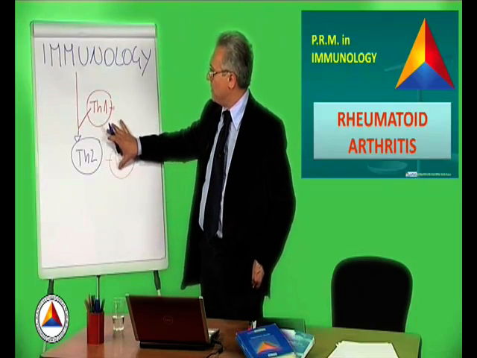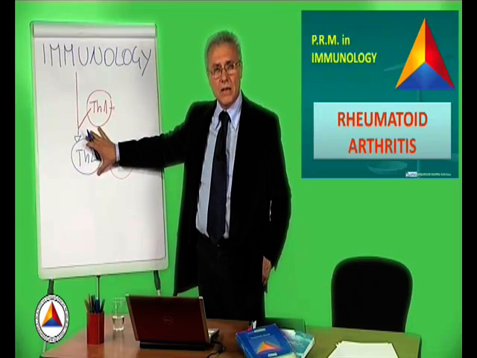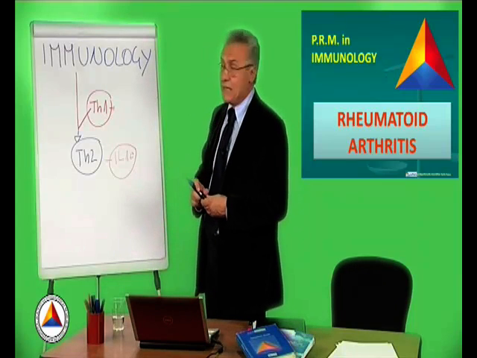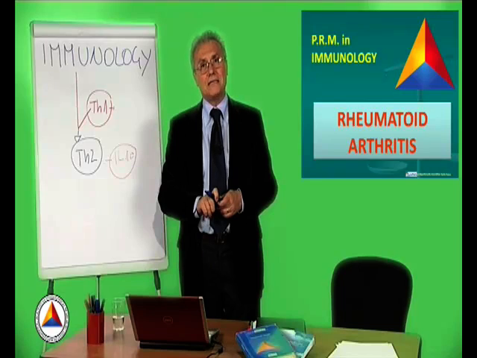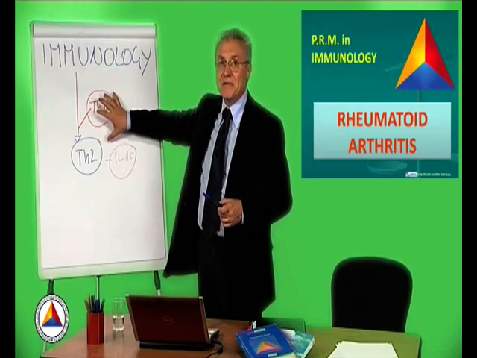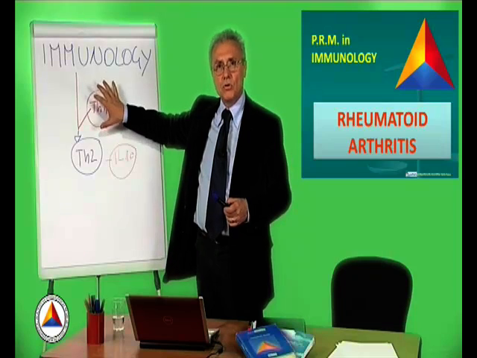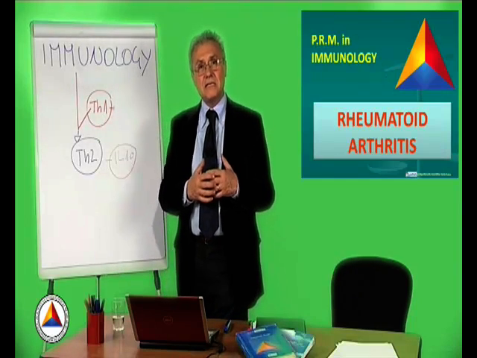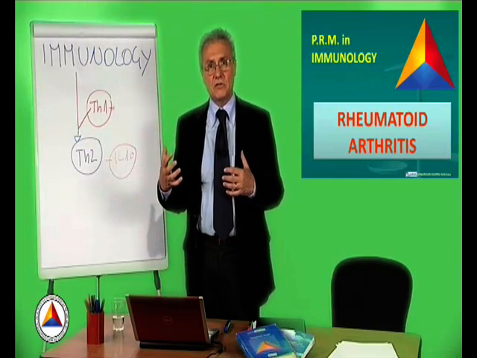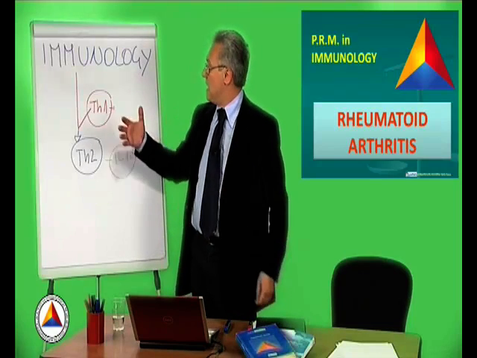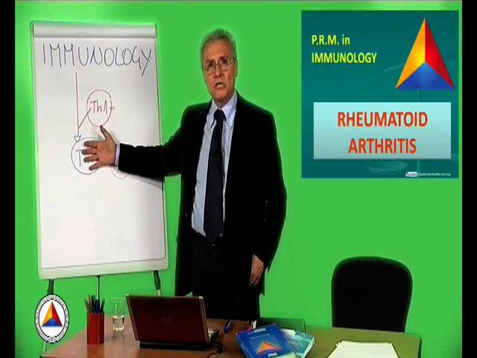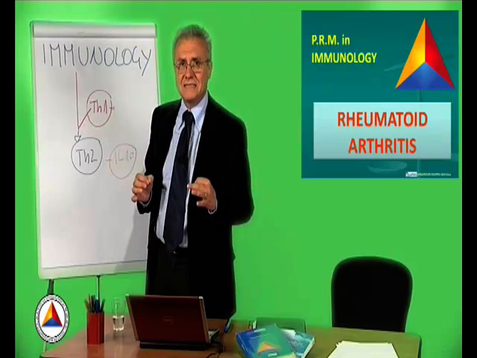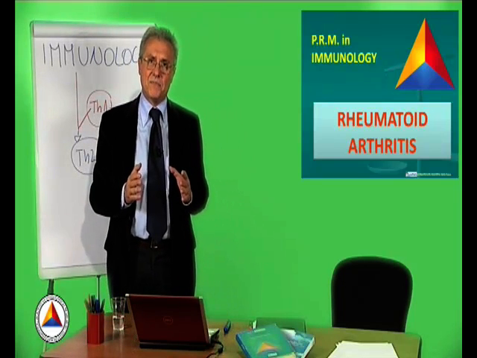We have seen before that the Th2 autoimmune disease is typically a generalized disease and that the Th1 is typically a localized disease. Well, rheumatoid arthritis goes through a first phase in which it becomes manifest as a localized disease. It affects the smaller joints of the fingers. It affects the shoulder. It affects the ankles, and so on. But very often, with time, it evolves into a generalized Th2 disease, so the therapeutic strategy must be differentiated, in a sense, considering both the patient and the stage of the disease.